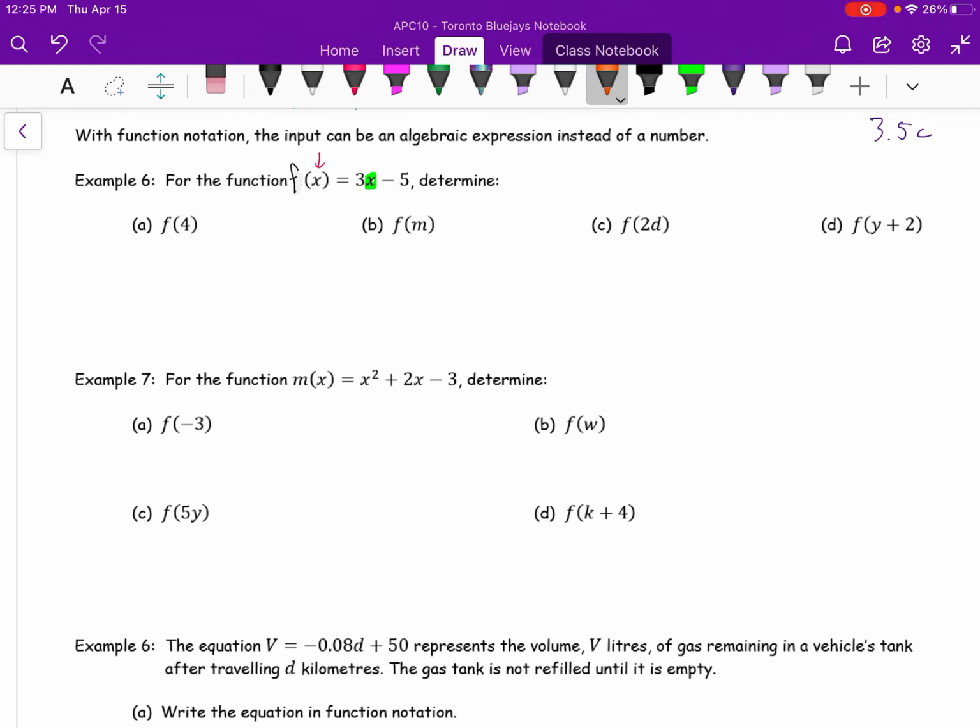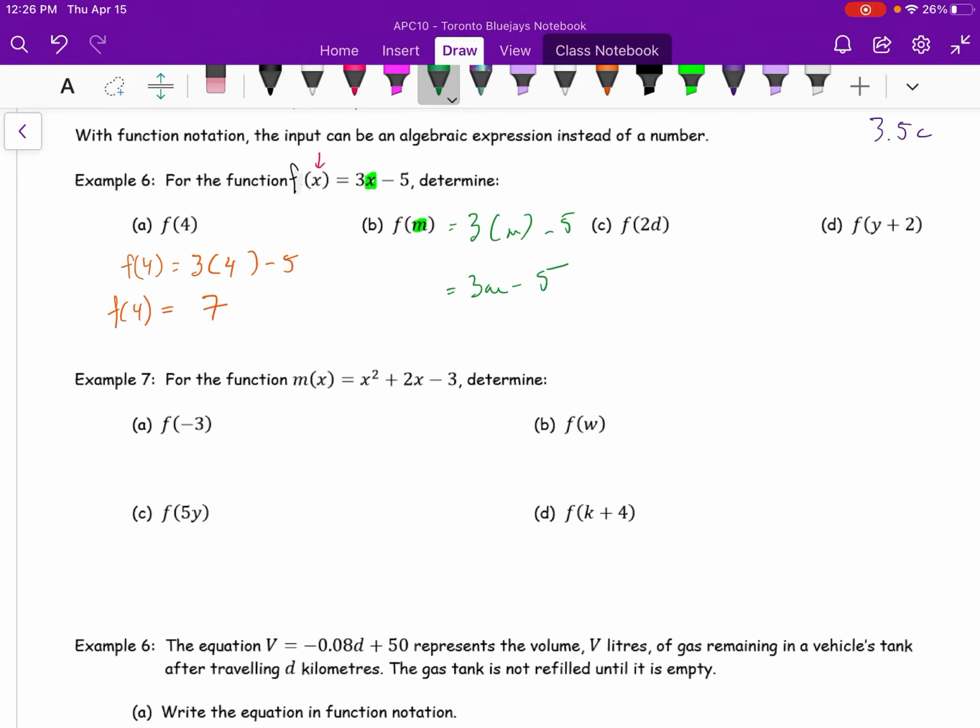So the f of 4 is going to be 3 times my input minus 5. And I believe that's 7. So the f of 4 is 7. Now I'm going to change it around. Now my input is no longer 4, it is m. Well, it's all the same. F of m is 3 times my input. Here it's m minus 5. So it's 3m minus 5 is my